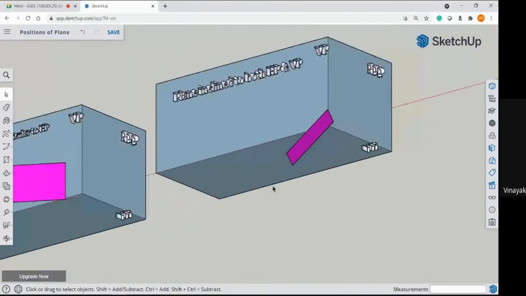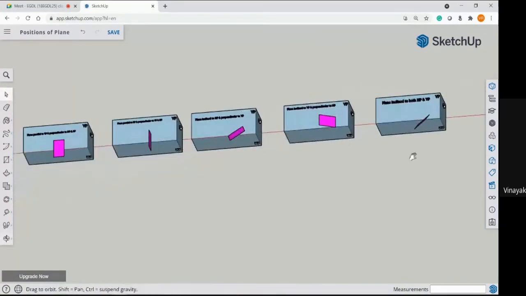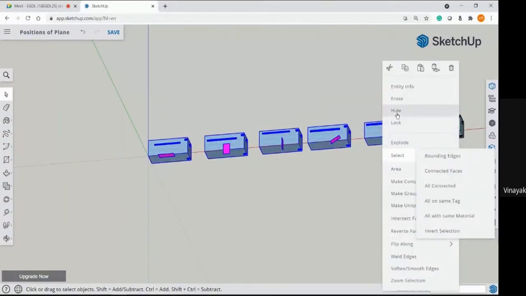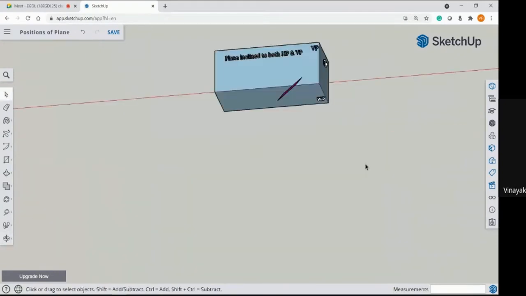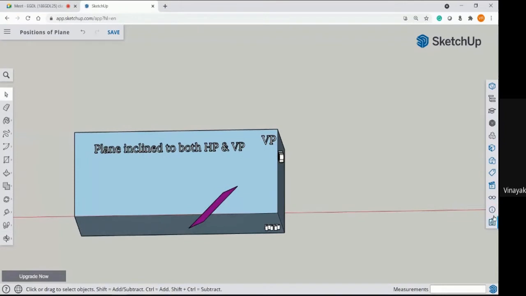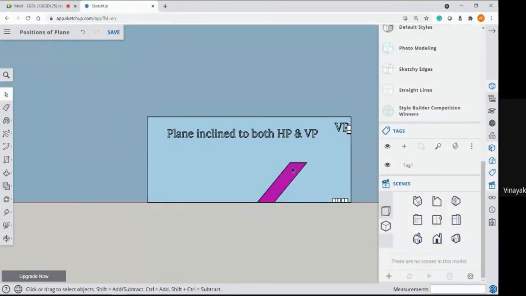So in this position, let's see how your views will appear to you. Let me first hide the first five positions. Let's see how it appears to you. So let's see the front view. See, this is how your front view looks to you on the vertical plane. What about the top view?